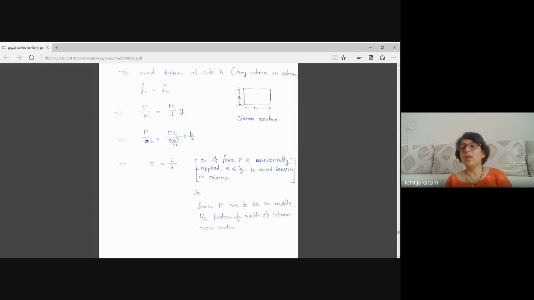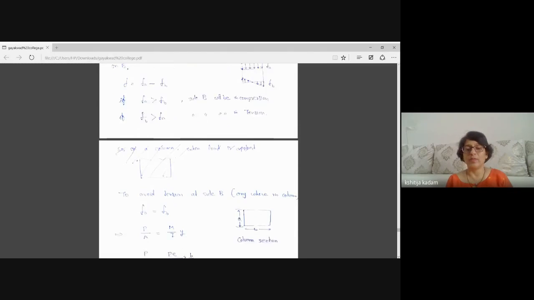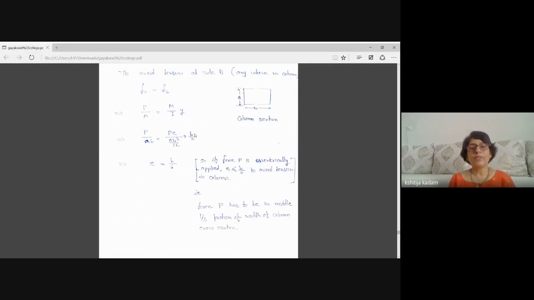Because in my sketch the column is bending in this way and B is the height of the beam now. So it is A B cube upon 12. And if we solve this formula, the value of eccentricity E comes out to be B by 6. So if force P is eccentrically applied, E has to be less than or equal to B by 6